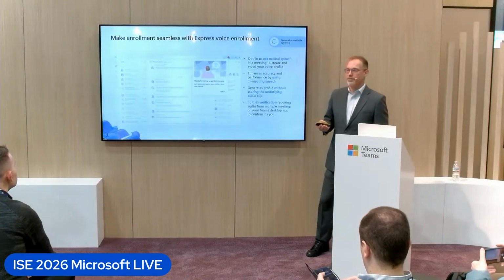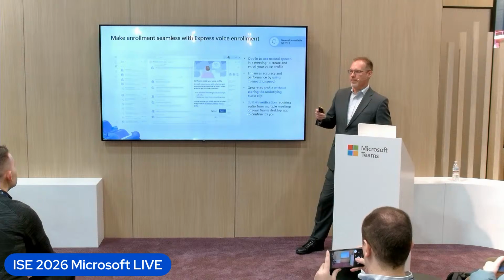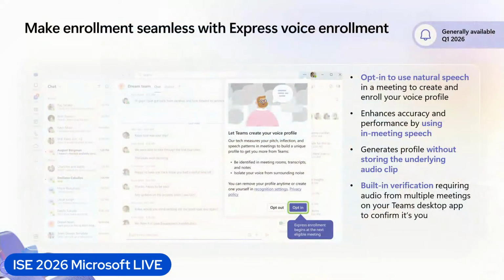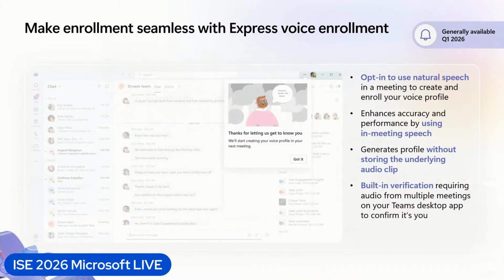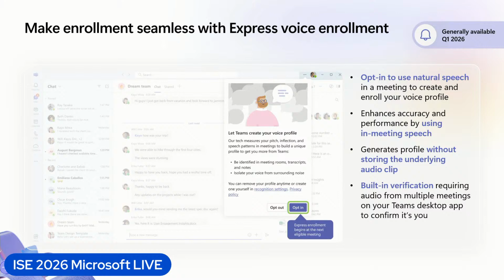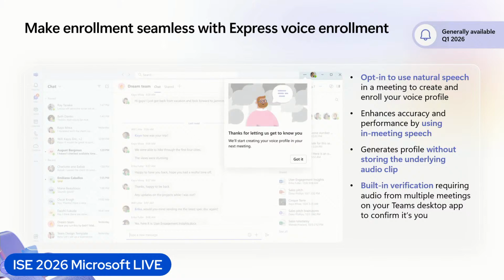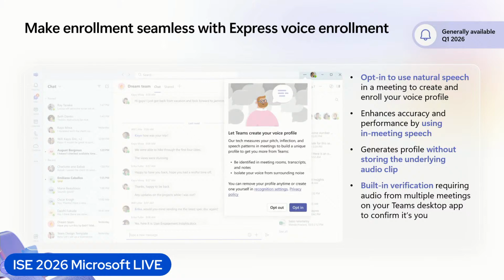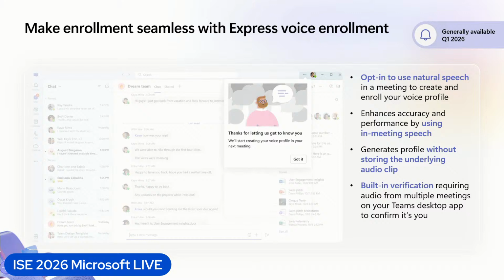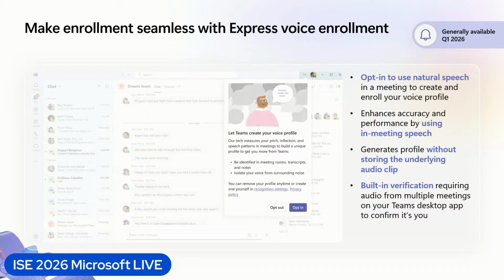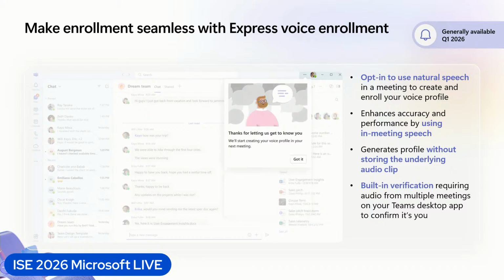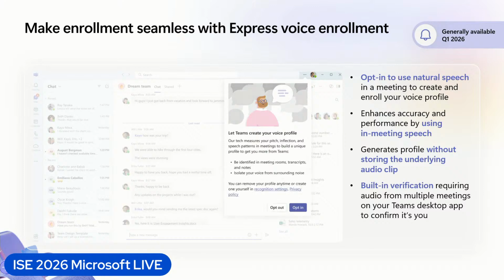It has quite a few advantages other than easier enrollment for users. So how this works is, when we first enable this and it's enabled in your tenant, users will see a coach mark where they can either opt in or opt out of having their voice enrolled. And this is really important because this is the user consent that, as a customer, the customer controls. Once they consent, what we'll do then is, in the next meeting that they join,